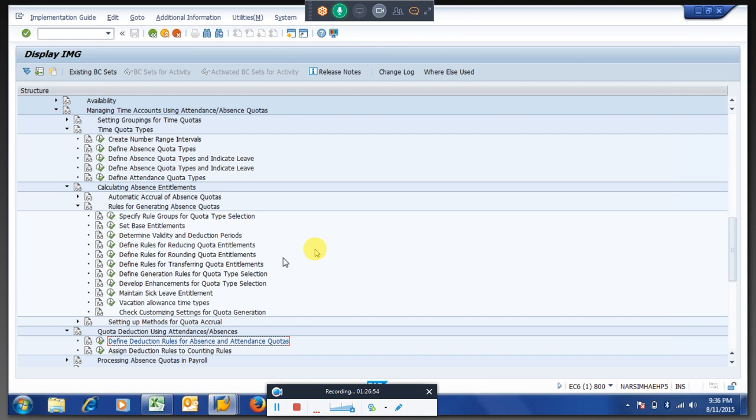It can be a number, it can be an amount, or it can be anything. But in time management, there is only one field which we can store in, which is HRS. You can treat it as anything. So this is the configuration. Whenever you are doing configuration, it is also very important.